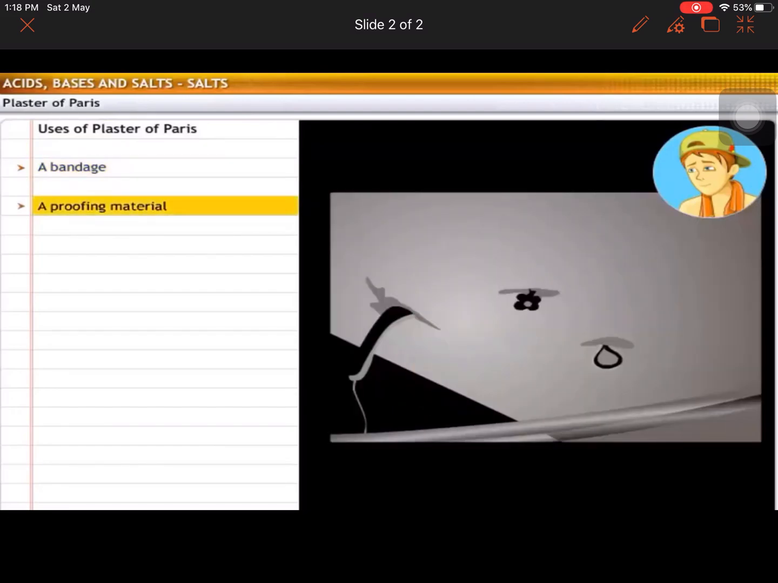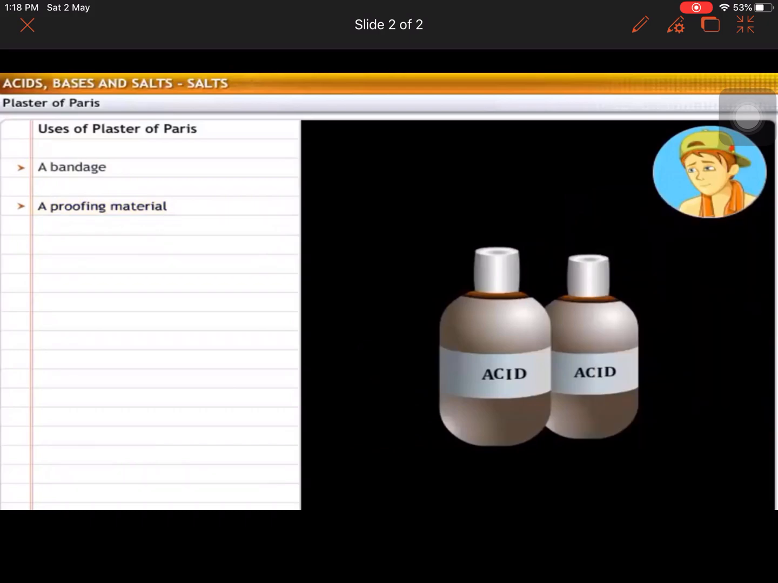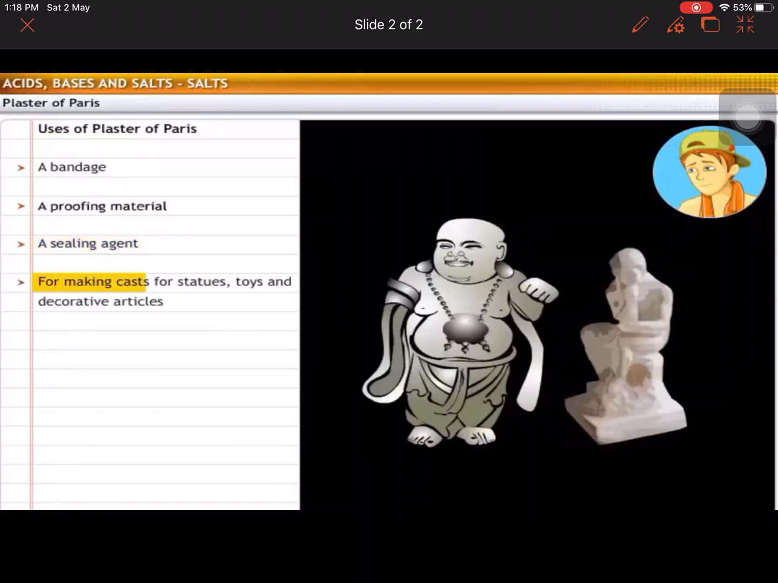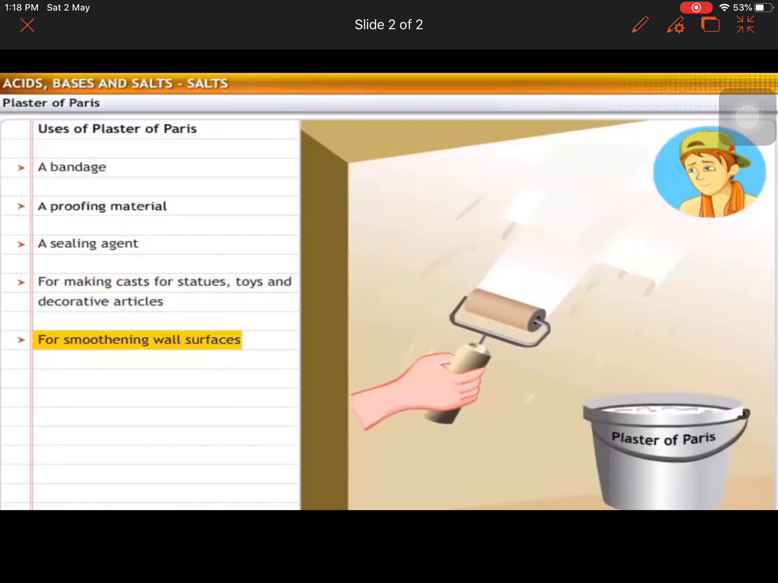It is used as a fire and waterproofing material. As a sealing agent in the laboratory for sealing air gaps in apparatus where an airtight arrangement is required. For making casts for statues, toys and decorative articles. For smoothening wall surfaces. You can see many